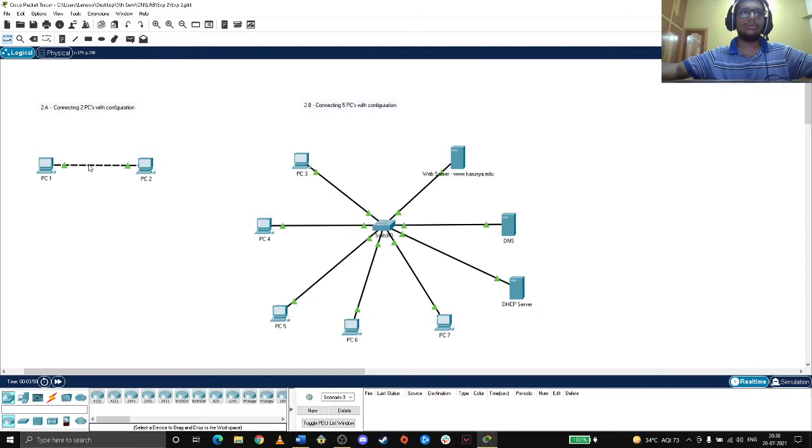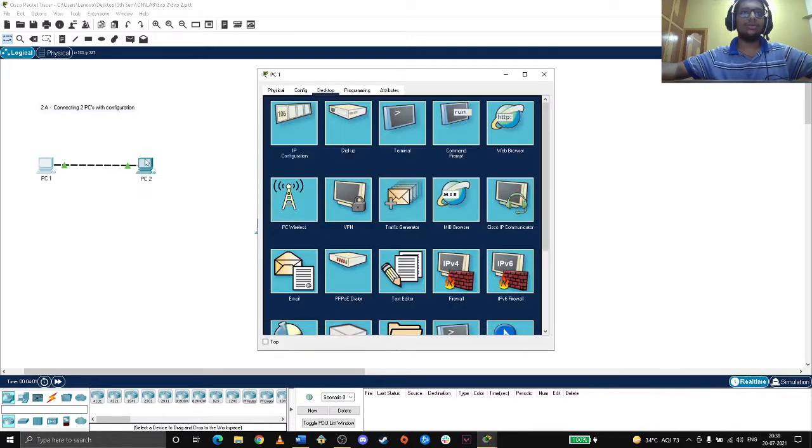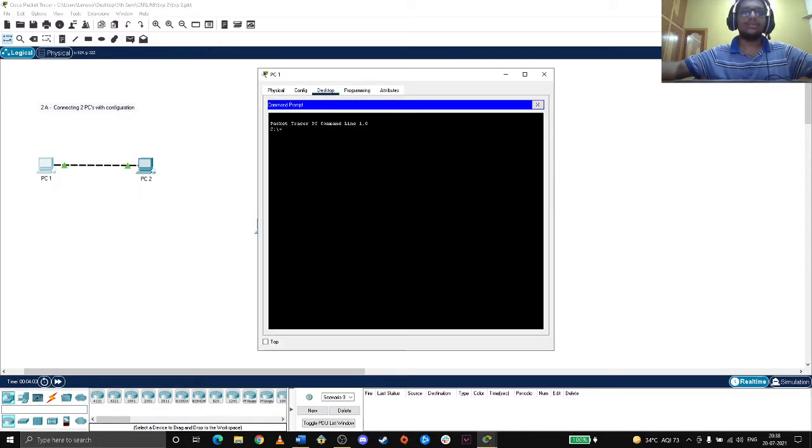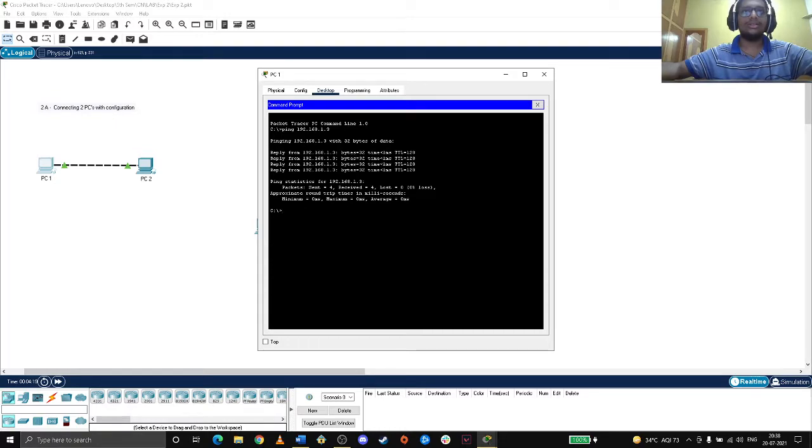Now if I go to the command prompt and write ping 192.168.1.3, PC1 will ping PC2. Let's see, it's pinging, reply from, yeah, so it's connected.